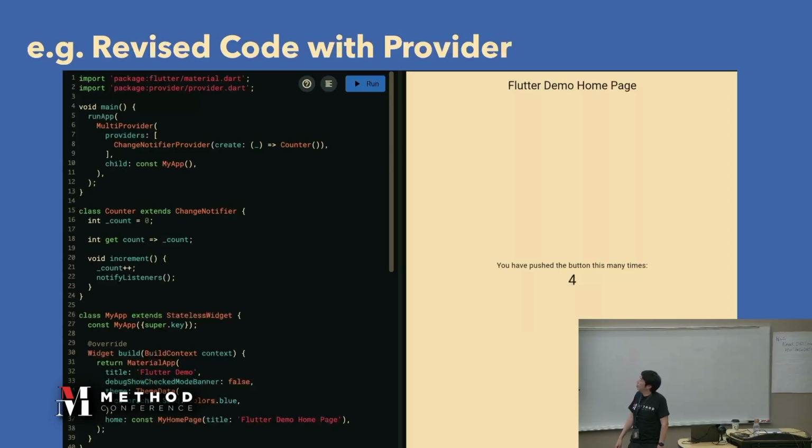Okay, after changing the source code with Provider, we can test this new source code on that part. And this code will run completely as we expect, like this. Like this step, we can modernize or refactor our source code.